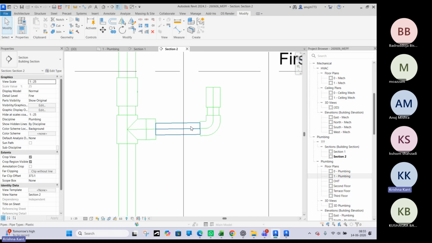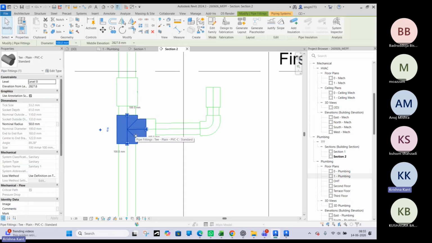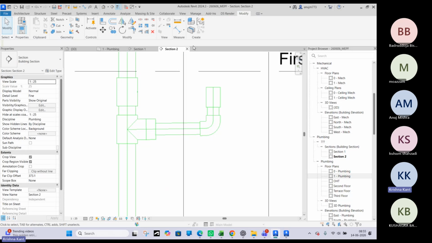Now the transition of this pipe is not a T shape. Actually, when it is a perfect T shape, some of the things will accumulate over here, and sometimes the pipe will choke. So in general, what is the good practice again? They will provide another type of bend that I will load now. So PVC, this is a T trap. So